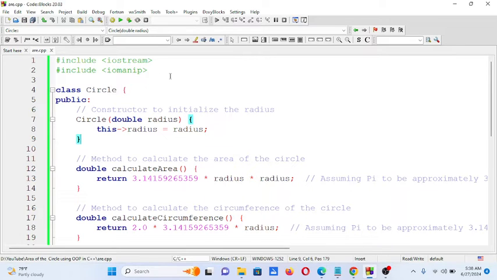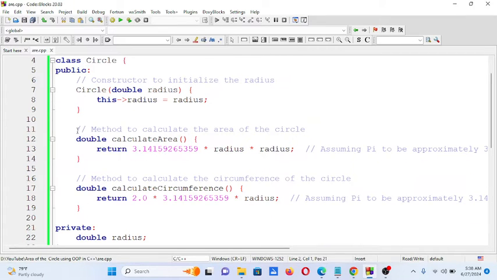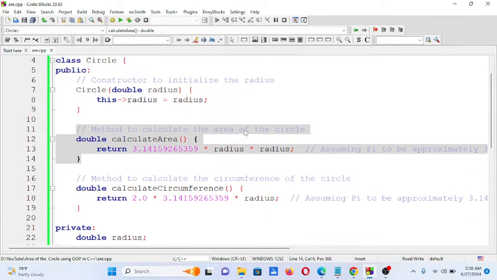Okay, so we have here the standard library in C++, iostream for input output, iomanip for two decimal places, and then we have here the declaration of a class Circle. Public means we have here the constructor that will initialize the circle. So we have Circle, double radius, this radius,